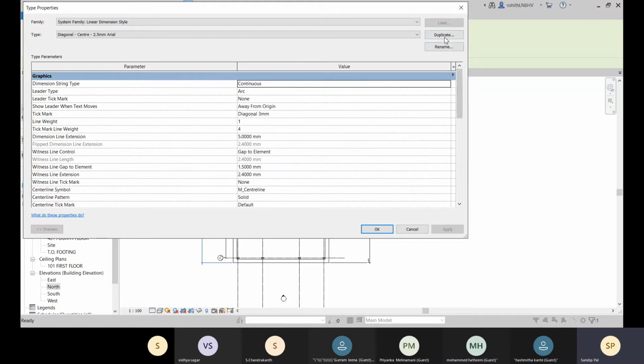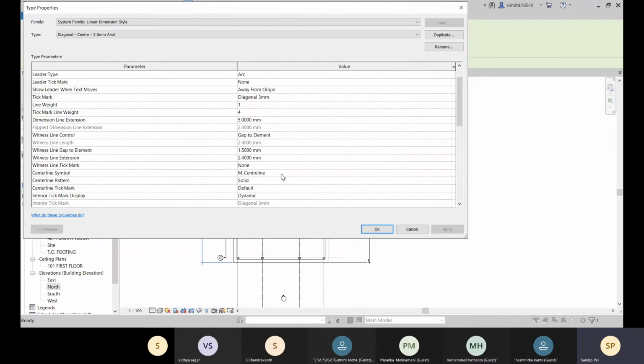So it's better to create a duplicate with your desired name, make all the required changes, and then use that duplicate, and the original one will be there. So if you ever need the original one with the default values, you can use that. So you should always practice with the duplicate option, and then go for the changes.